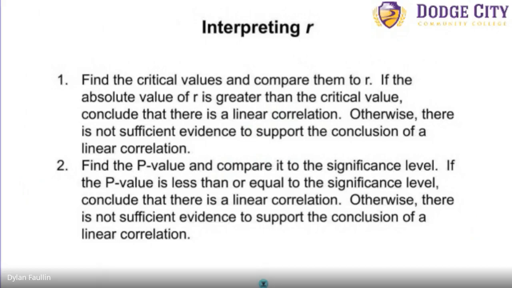And there is a possibility that for alpha equals 0.01, you would conclude that it's not linear, but for alpha equals 0.05, you do conclude that it is linear. But I think these problems are going to be carefully constructed where it doesn't matter which alpha you actually choose, you should get the same conclusion either way. And so these will be listed in the chart. I was going to say, well, they have the test statistic on here, but they don't have the critical